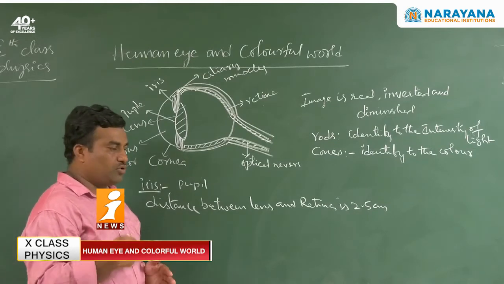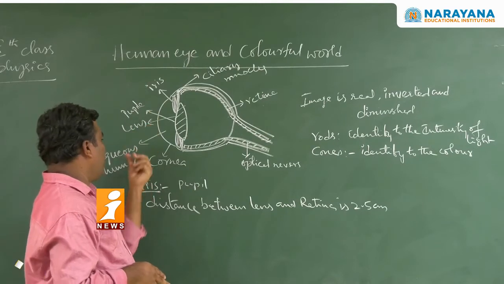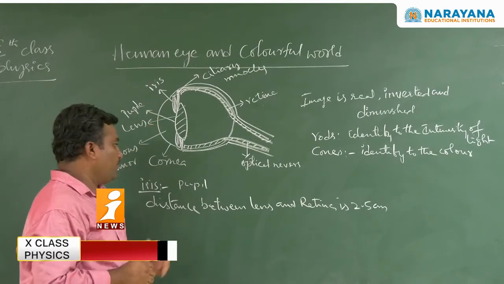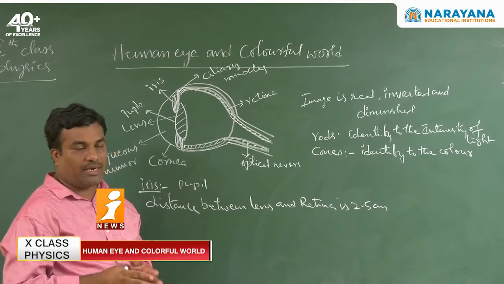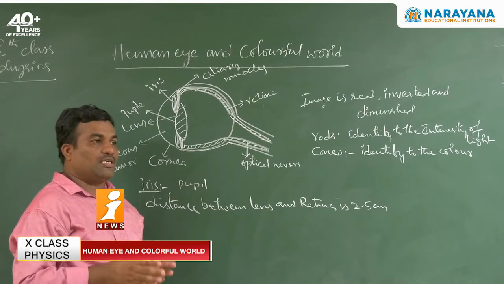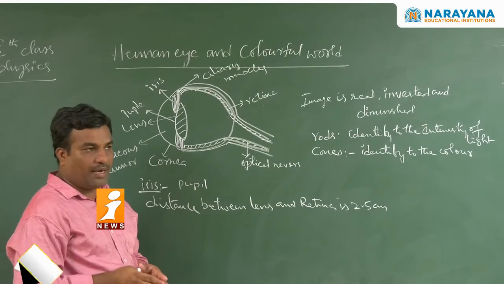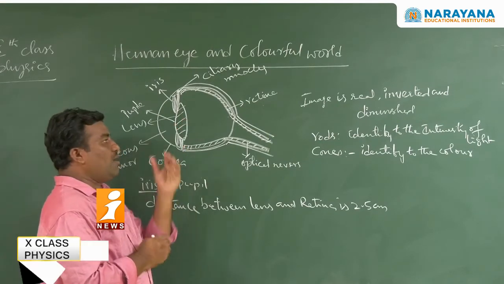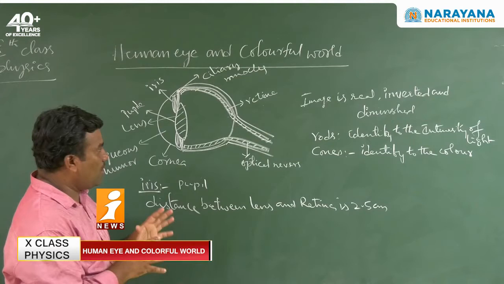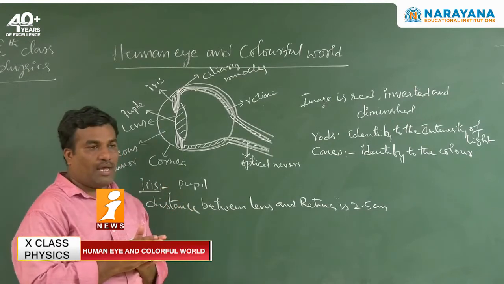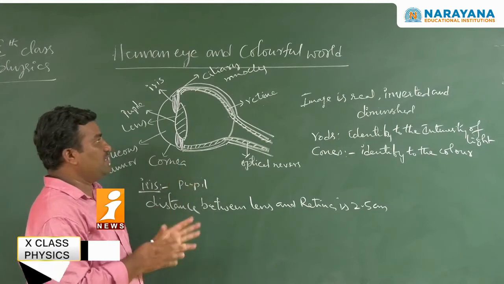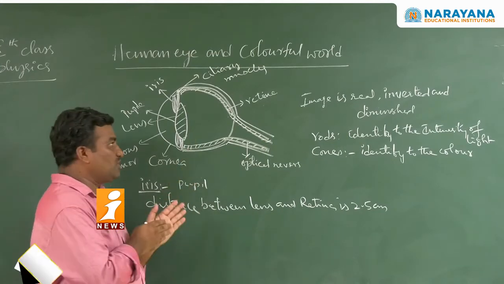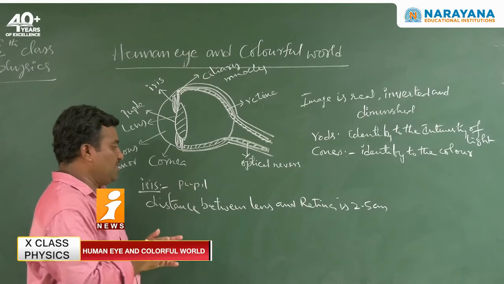Okay, long distance, short distance. And we have the aqueous humor and the cornea. Cornea is the main protective membrane. It is the eyeball, a spherical and curved shape. It protects the whole eye. Okay, so these are all the structure of the human eye and the basic components of the eye. You should always remember this, and what the uses of all the components are.